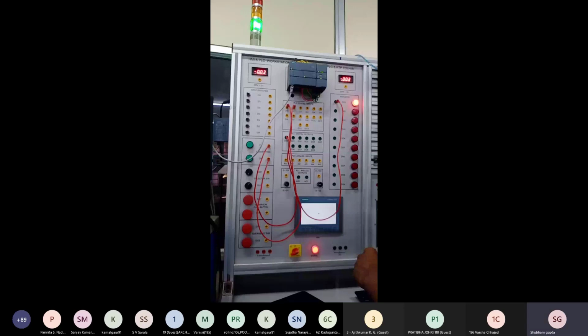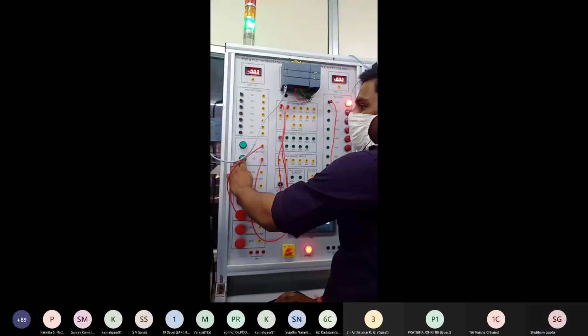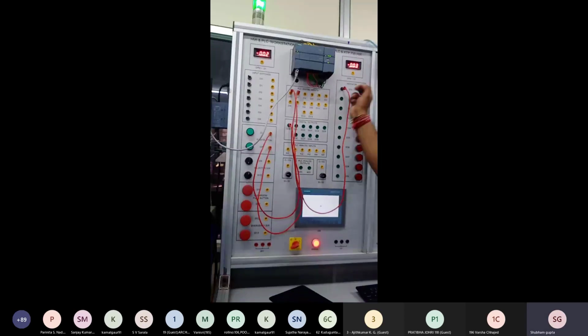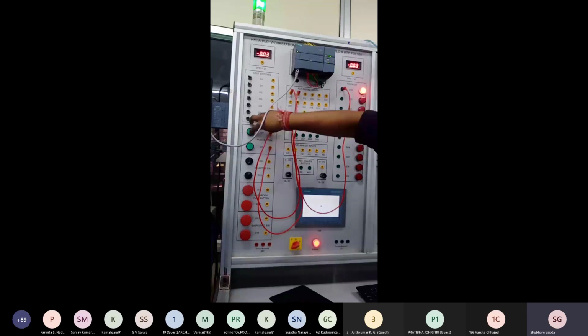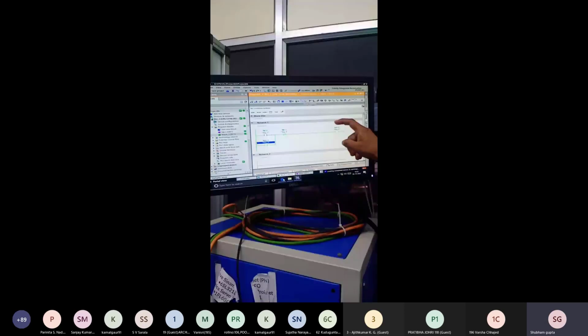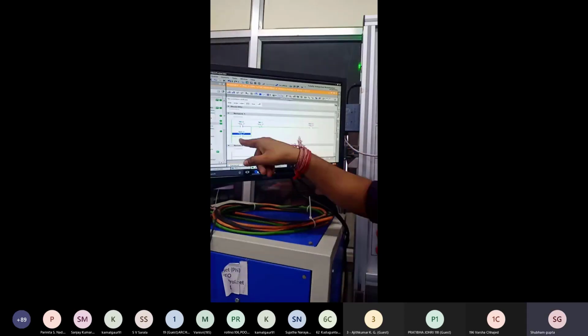As the program says, when we press switch S1, the lamp goes on. When we press S2, lamp goes off. How is that possible? When we press S1, Q0.0 is on, and it gives feedback to the memory element.